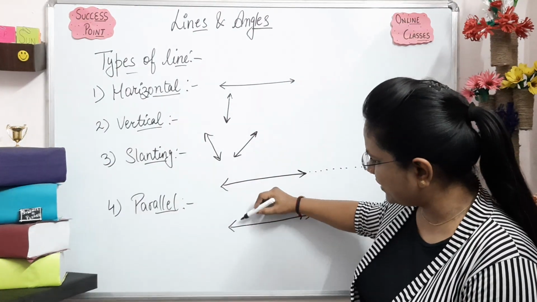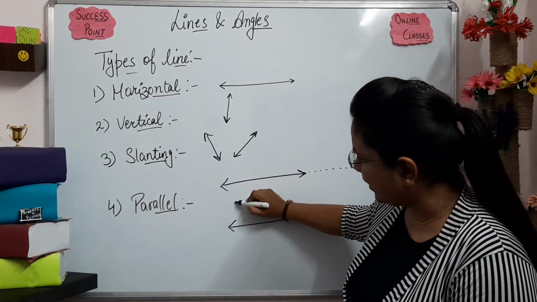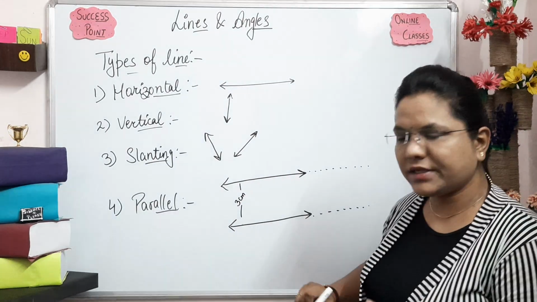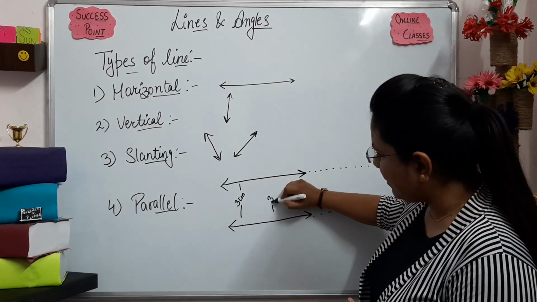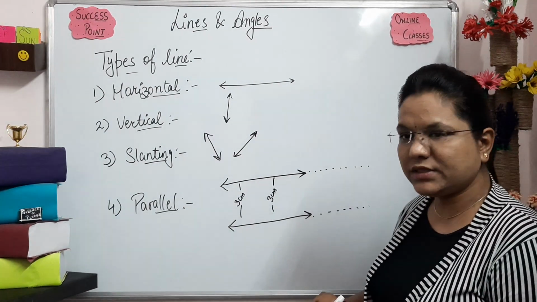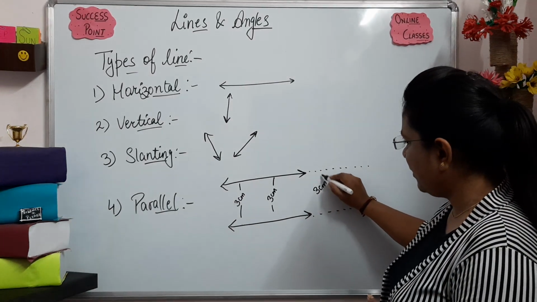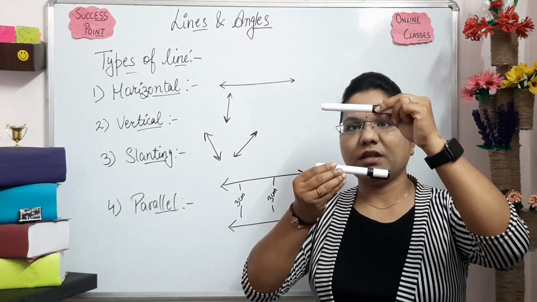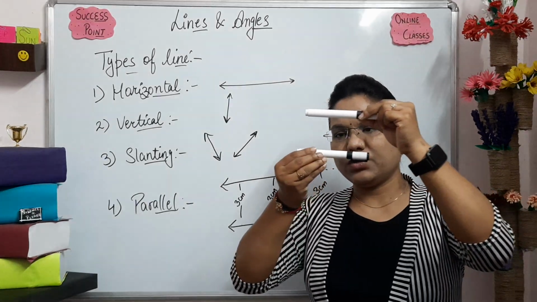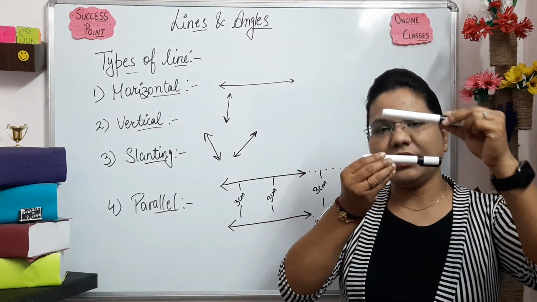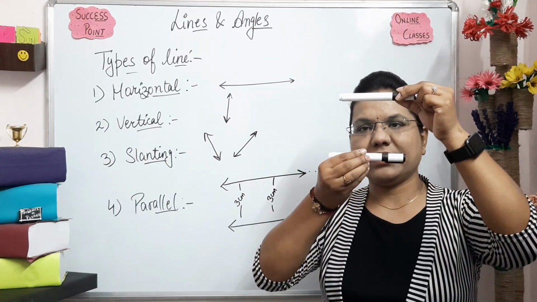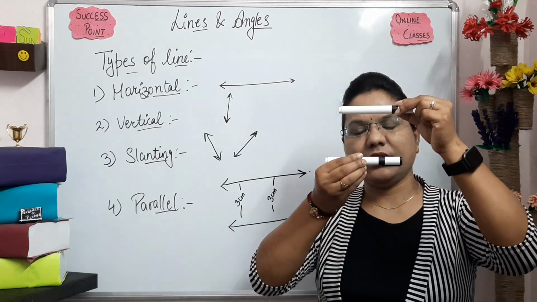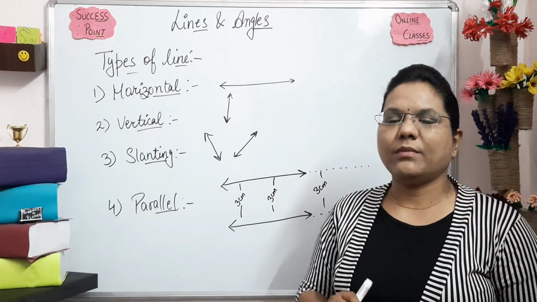If we measure the distance from this point to this point, it is 3 centimeter. This one and this one is 3 centimeter. If we check the gap now, this one is also 3 centimeter. Everywhere it will remain 3 centimeter only. So they are in a fixed position. These positions will remain the same at each and every point. It will not become like this and the second time like this one. No, this is not possible. It will remain fixed. So this is all about parallel lines.